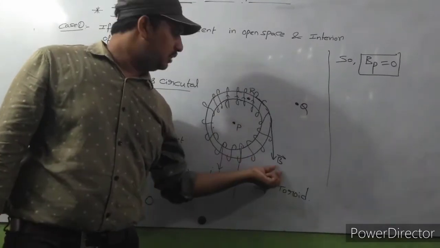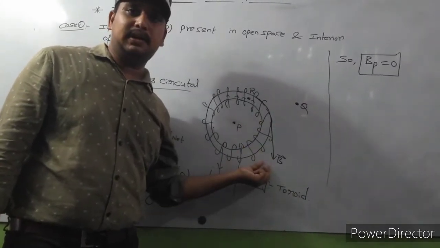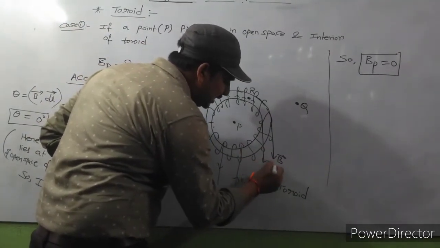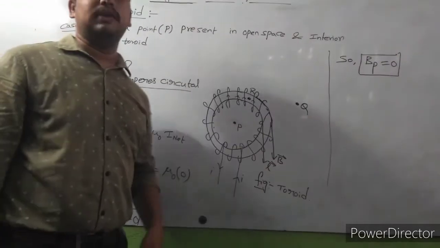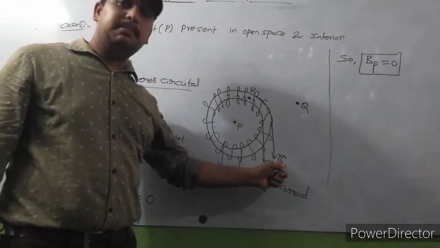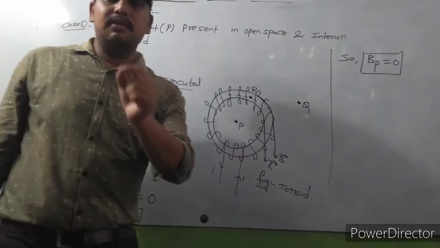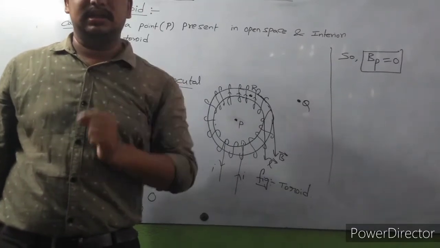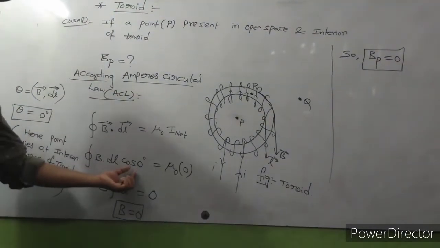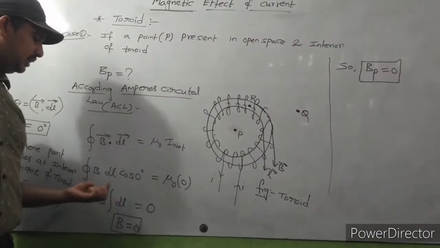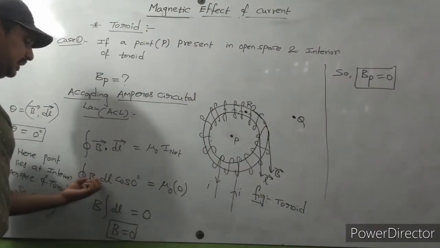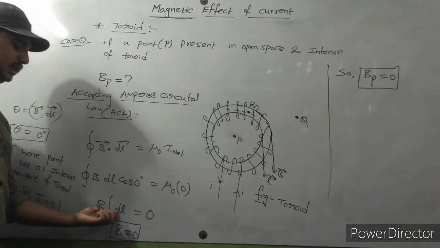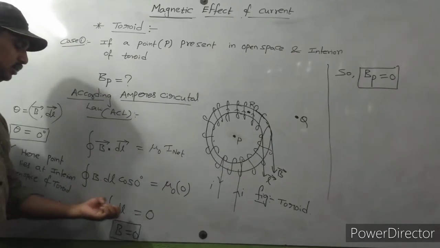So this is a circular shape. If you draw this tangent, then we get the magnetic field direction, then the direction of L bar also. If you draw the touching line to this circle, then we get the direction of L bar. So both L bar and B bar are acting in the same direction. Whenever two vectors are acting in the same direction, the angle between those two vectors is 0 degrees. So that's why I will take cos 0 degrees here. Cos 0 value is 1, then B into dl into 1. Here B is constant, that's why I took B out of the integration of dl. Integration of dl is nothing but L. So B into L is equal to 0.